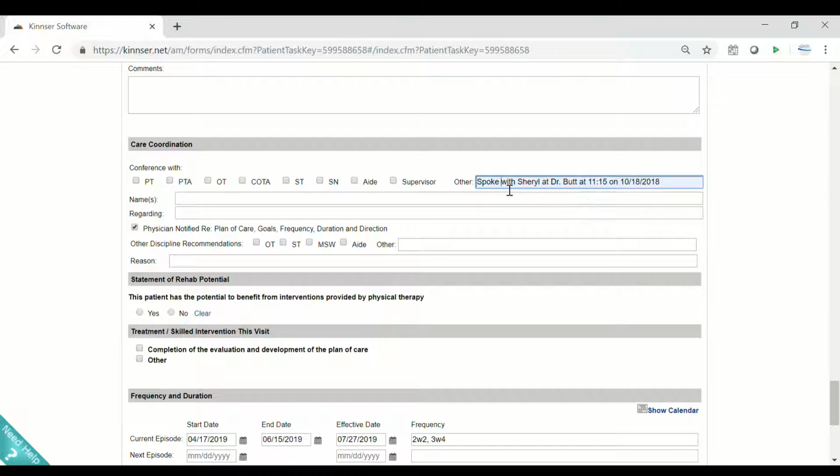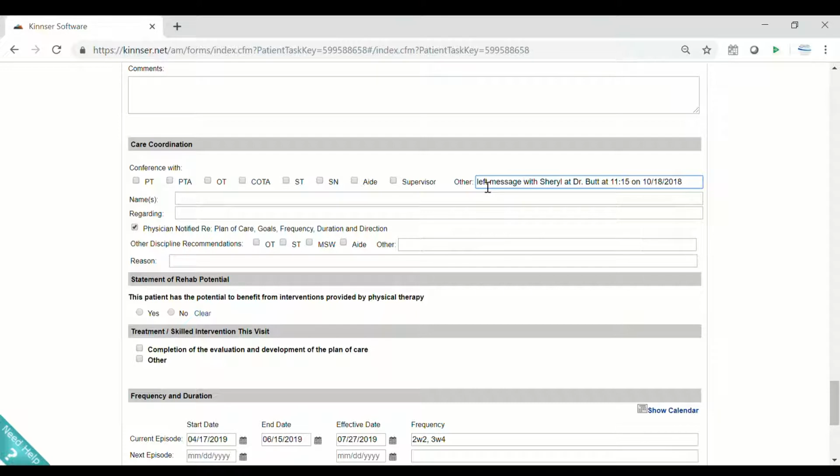If for some reason you didn't speak to somebody, because often we get automated systems these days, you can put this indicator here. Now, we still need to have a call back from the doctor's office or somebody saying that they received this order and it's okay. So in this case, this is fine. You can put this here to show that you called, but we'd want to have a follow-up documentation when that office calls you back that says, yes, I got the order and the doctor is going to sign.